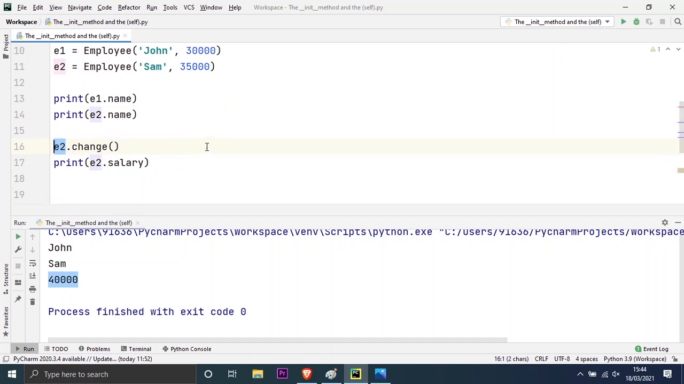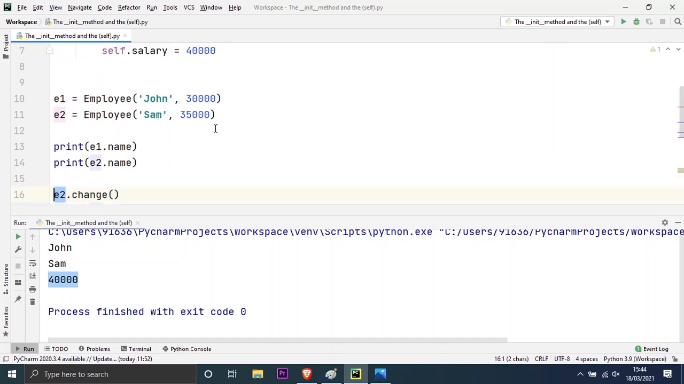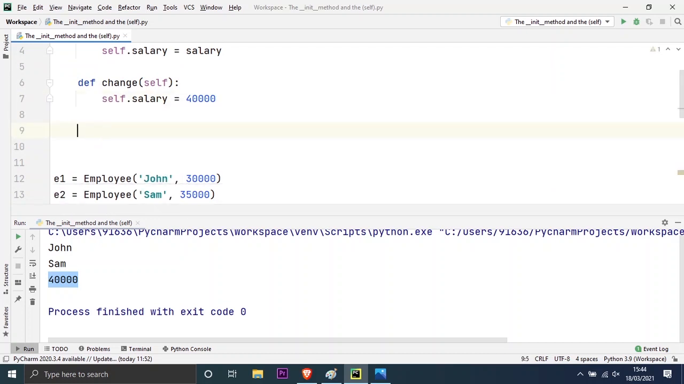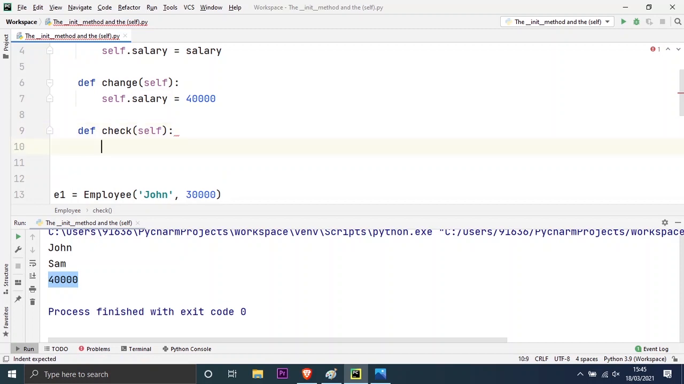And let me try to do one more thing. Let me try to compare the salary of employee 1 and employee 2. For that I will take one more method, say check, but before that I have to use the def keyword, and here also if I give the parenthesis, it will automatically take this self argument. But here I have to take another argument, let it be e2, and then I will check if